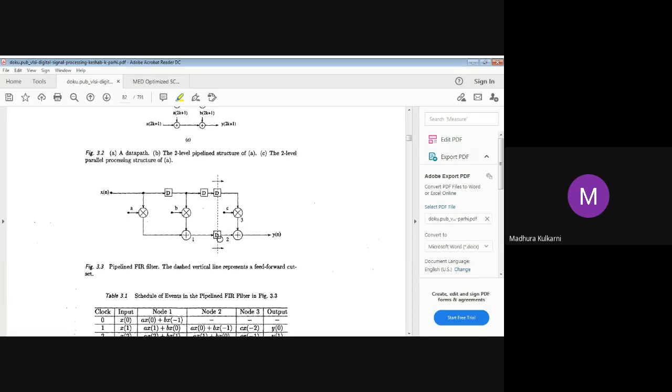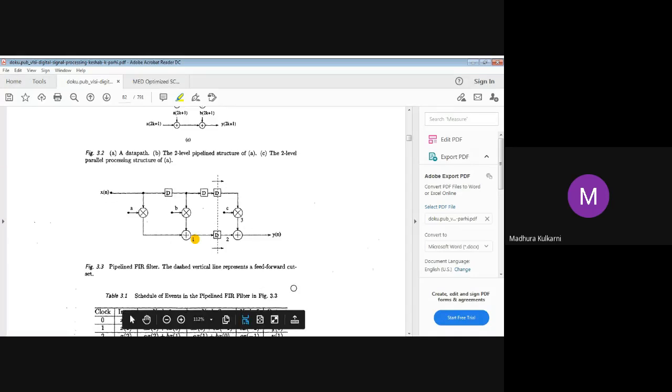Adding a cut set means we have divided the figure into two parts now. And the execution is not sequential. Remember, sequential means when x(n) is given to you, your output is determined only when the x(n) reaches y(n). Here, we can say at this node 1, the output is reaching. So this is your one output. Then you can say at node 3 or node 2, you will be getting the other outputs. So here we can take out the output at these three different nodes.